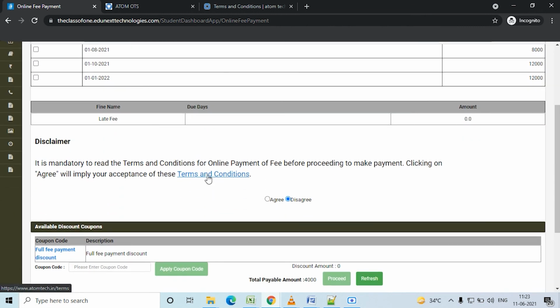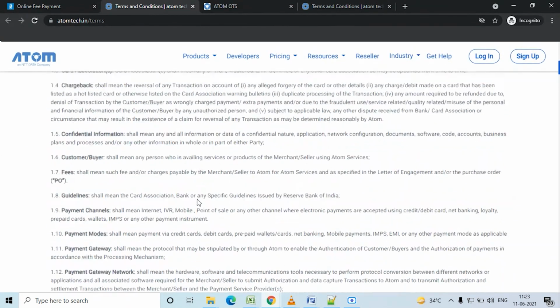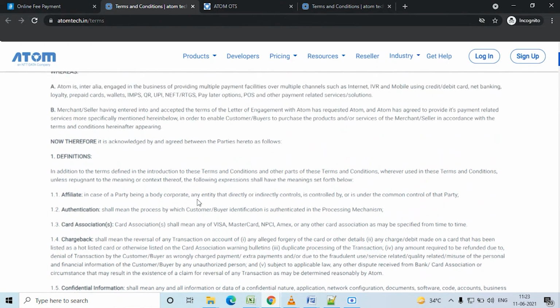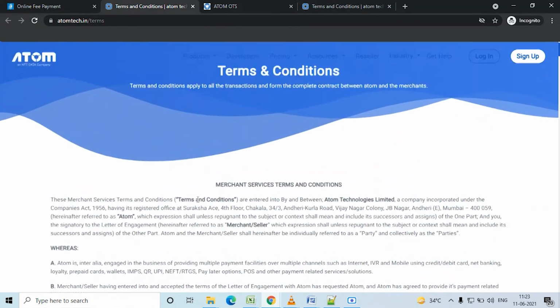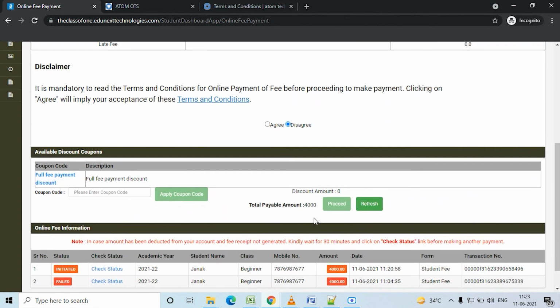This is the terms and conditions page. Through this button, the student can check the terms and conditions. Once he clicks on this agree button, the proceed button will appear.